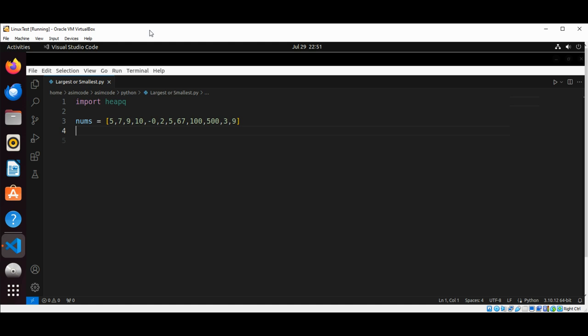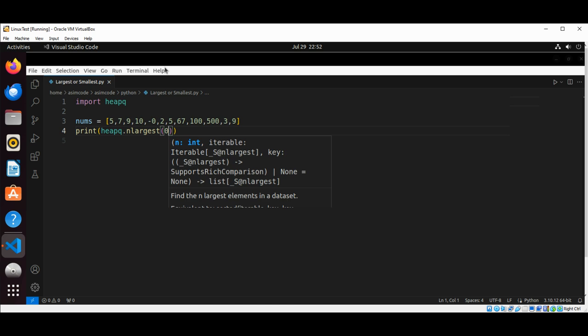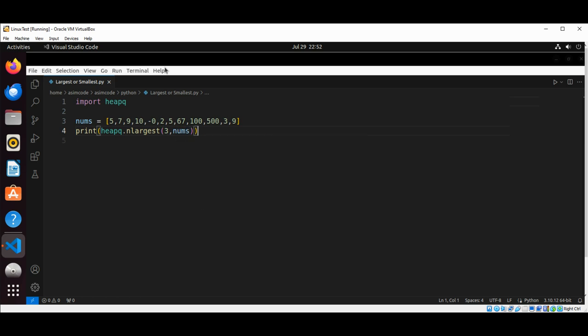And now we are going to print largest. So we are going to use print. This will be heap queue and largest. And we are just going to print the three largest from our list, and we are going to pass in our list name,